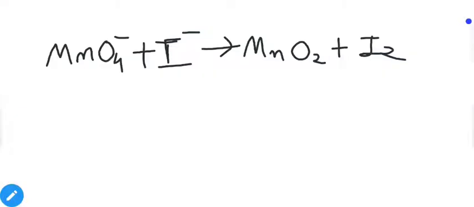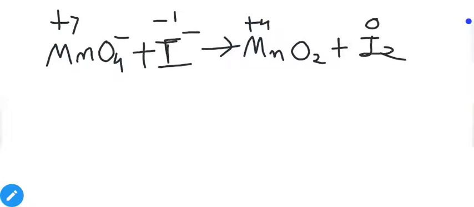So this is our first step, the skeletal structure of our reaction. MnO4 minus ion will oxidize I minus into I2 and itself turns into MnO2. The oxidation state of Mn will be +7 here. For iodine it is obviously -1. For MnO2 it is +4, already mentioned, and you can verify it yourself. And in I2 the oxidation state will be 0.